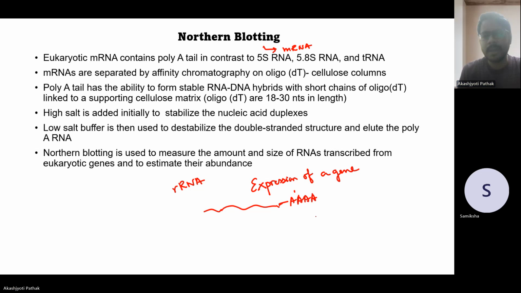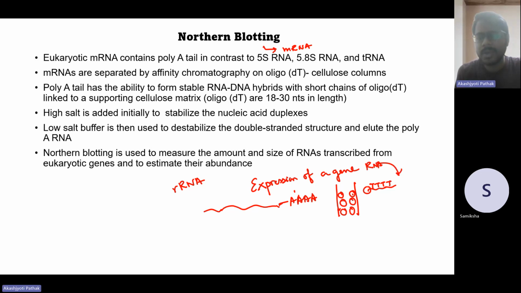So what you do is that since the eukaryotic mRNA has this poly A tail, you will use a column. Now these columns have resins, and these resins are primed with poly T tail. So they will have an oligonucleotide attached to cellulose beads. Okay, so now when you add the RNA,